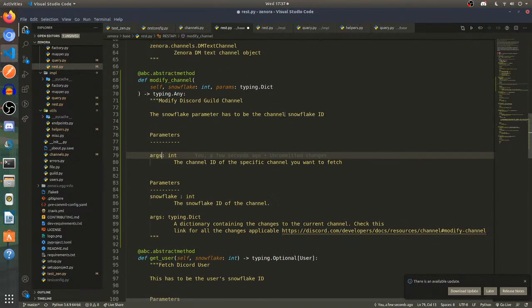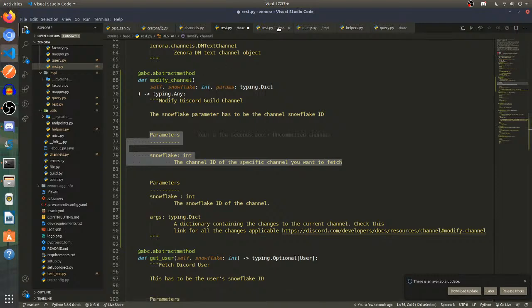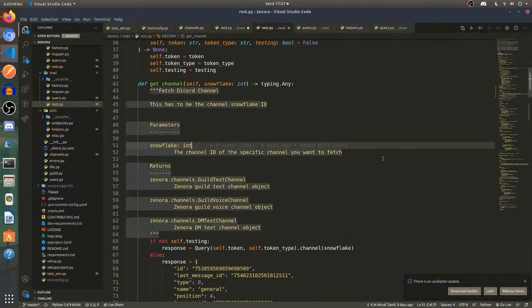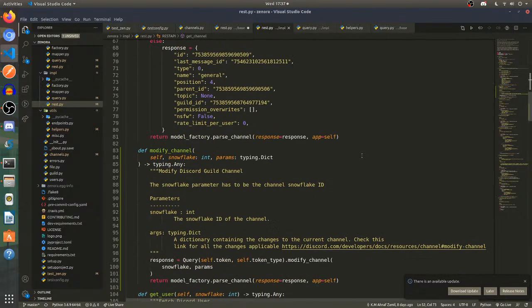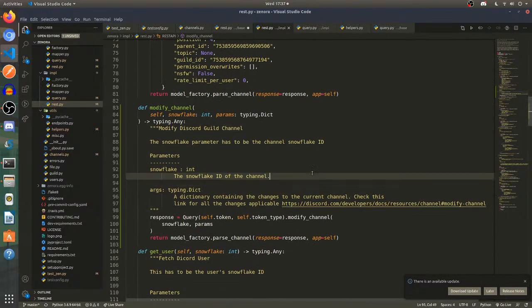Yeah, the modified channel args, sorry about that. I need to actually copy this part. I really don't know what's actually happening in my brain right now. It's not working very well. Copy this and paste it over here. Modify channel.